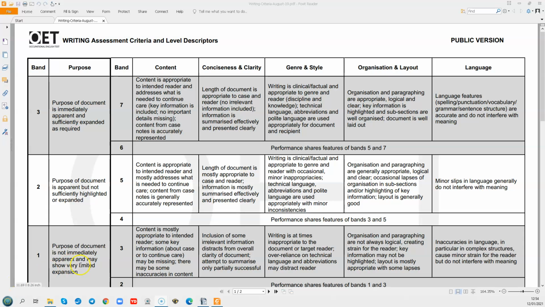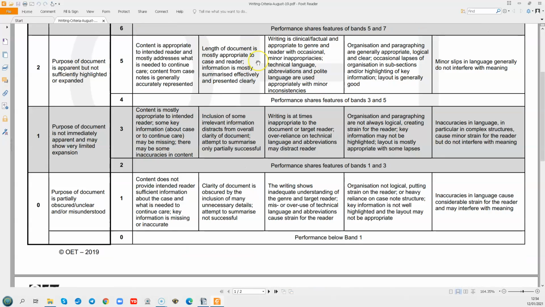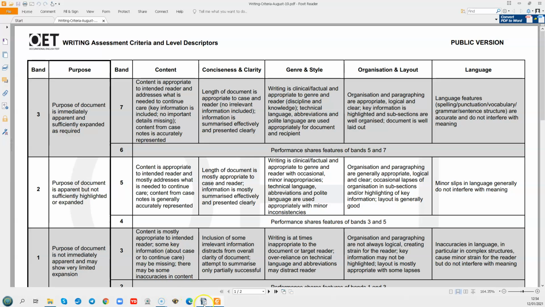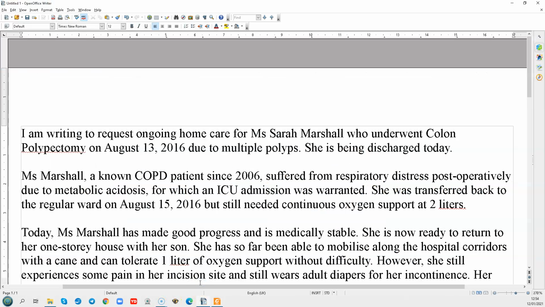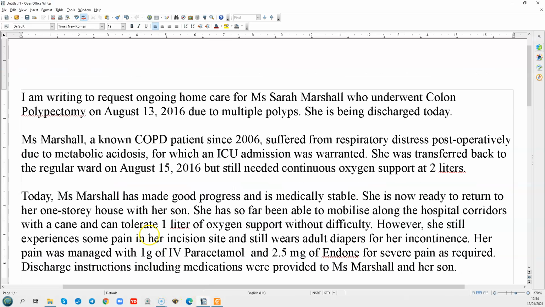Okay, we have a letter here from a new member to the group. So I have the criteria here to refer to, and I have a letter as well. I had a look at the notes beforehand. Now, one reason why I'm not going to refer to the notes is, and this is my